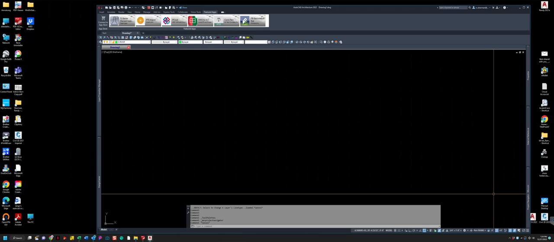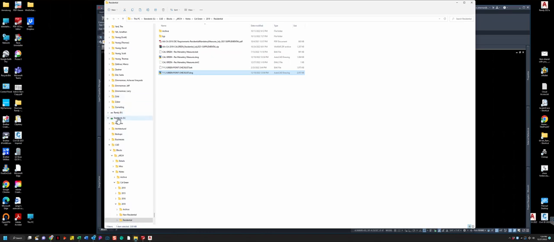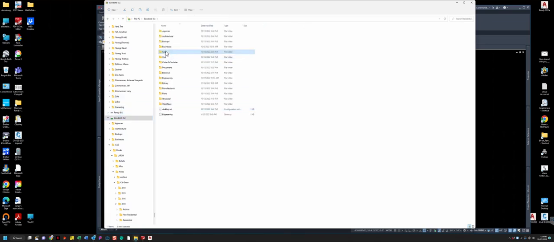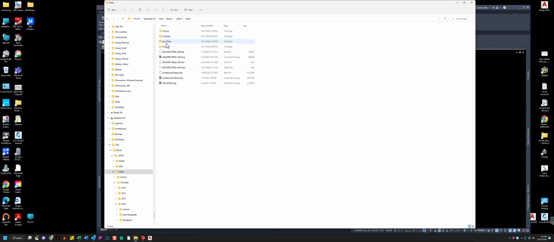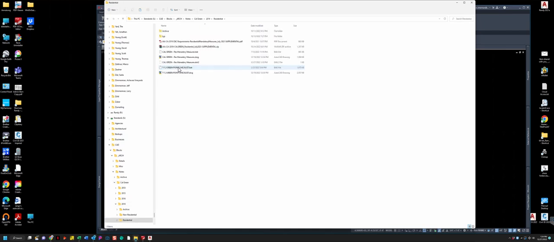Okay, so for getting those sheets, you're going to go over to the S drive. We just did that. Blocks, architectural notes, and we got Cal Green in this case, 2019, residential. All right, and then we're just going to grab these two right here